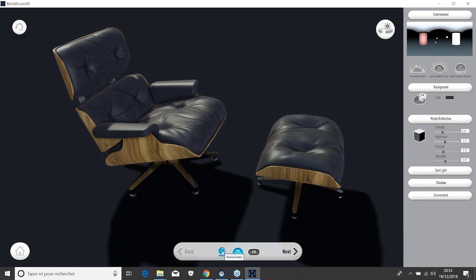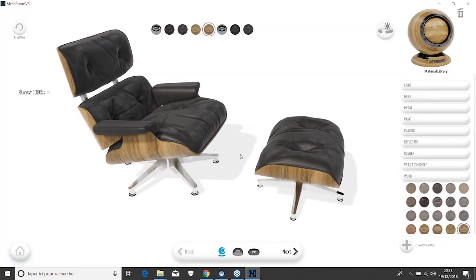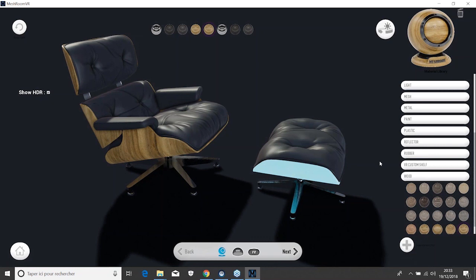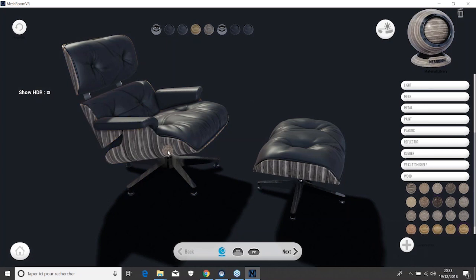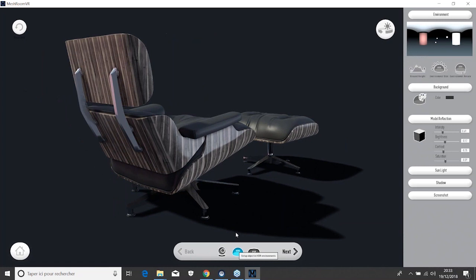I also can change my material, keeping the same HDR. So if I click here, you see that I lose my HDR, but if I click here on show HDR, I can see still my HDR, and here change my materials. Let's get, for instance, this wood material, which was maybe nicer to create my pictures. Okay, so I now move to the HDR